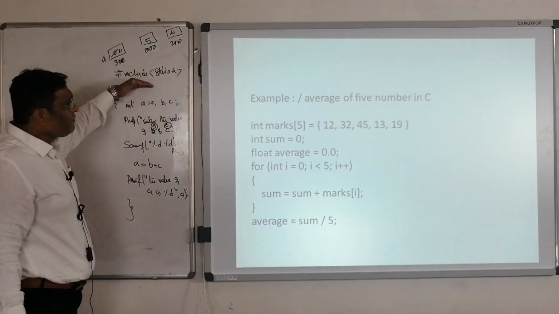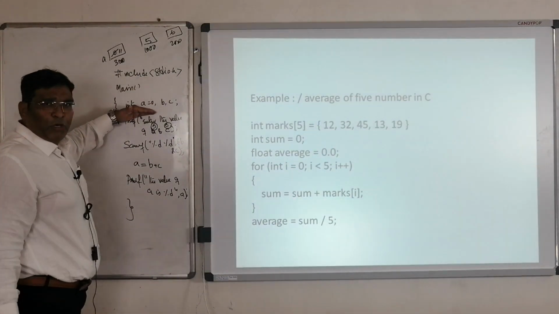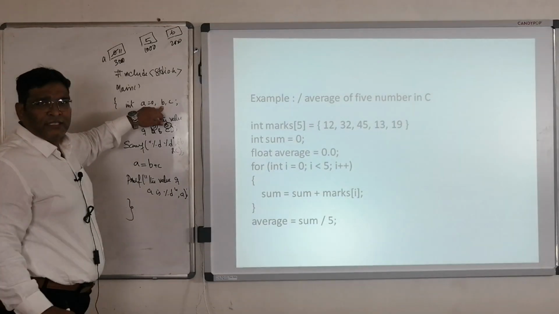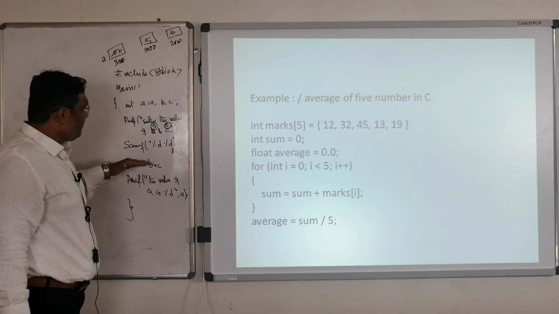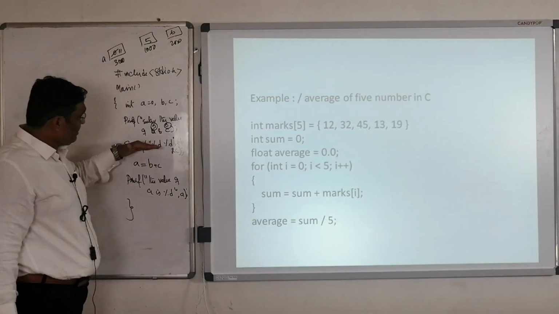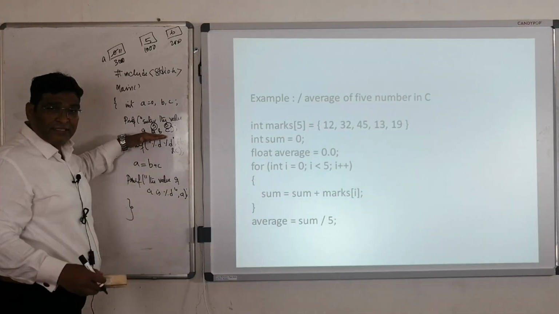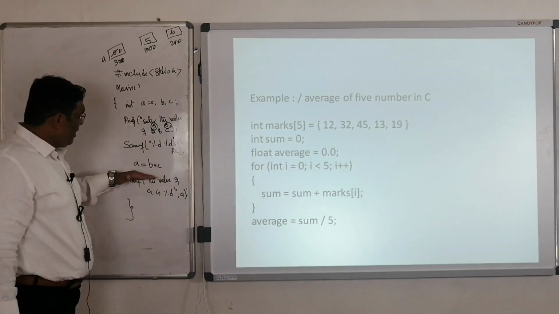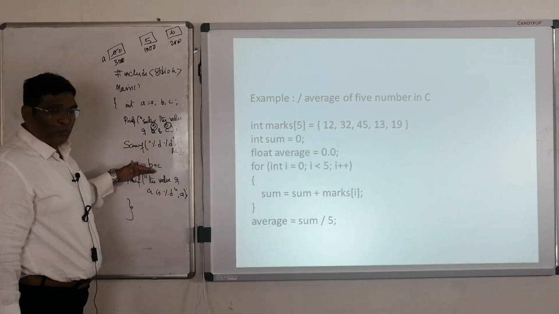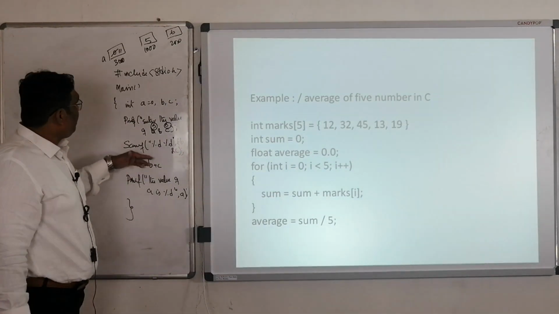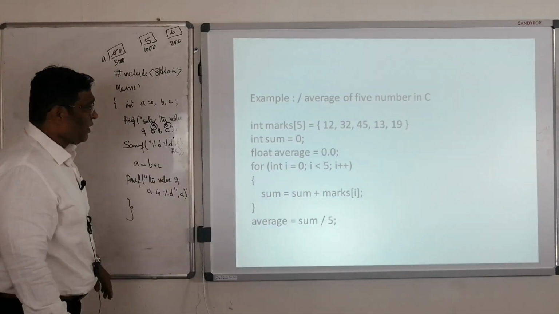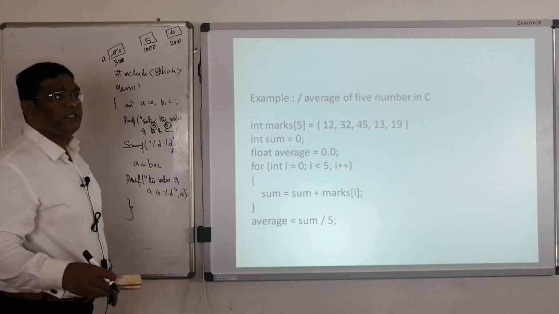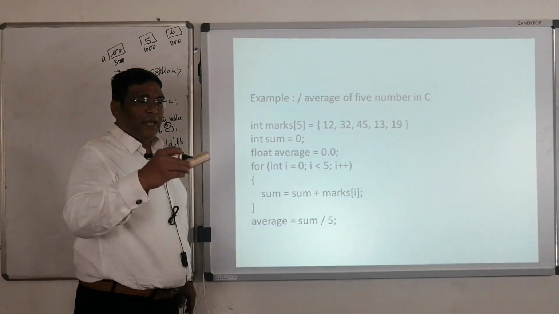If this is executed, nothing will be changed. If this is executed, memory location is allotted, and the value of b and c is nothing. If this is executed, the value of b and c is stored. If this is executed, the value of B is taken and stored, then we are going to execute this one. What will happen? Now the value of A will be changed, then we are going to print it. The same way it is going to do this one. This is the imperative part. Imperative means executing the program line by line.